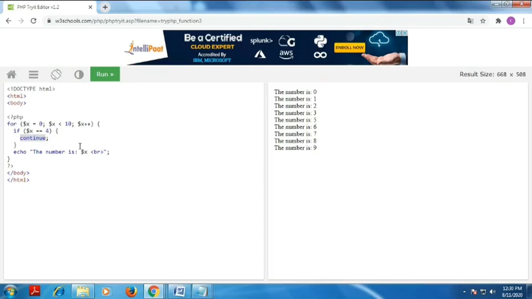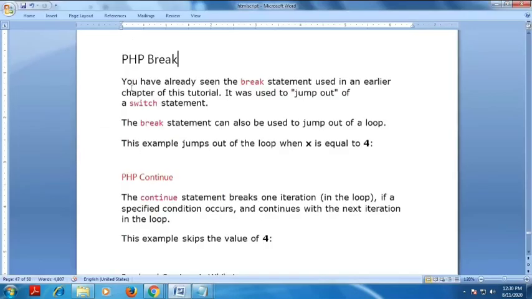Okay, so the continue statement works like this. If you put break in the program, it jumps out of the loop. But if you want to continue the program, you put continue, and it continues with the other statements. This is the difference between PHP break and PHP continue.